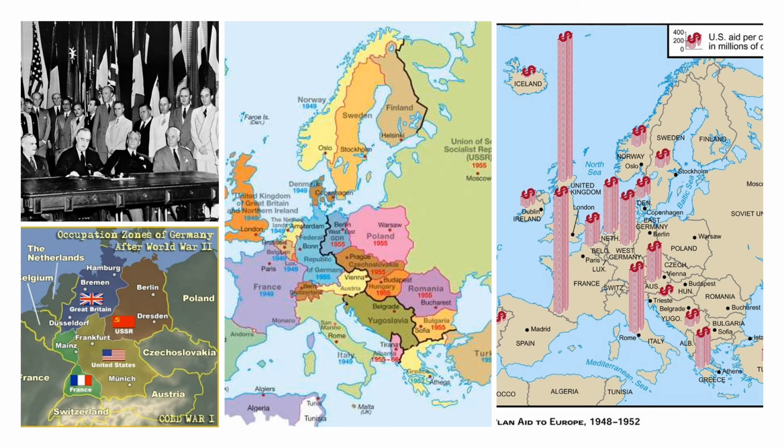All right, so here's just a map showing some of these things. In the middle map right there, you can see that black line is the Iron Curtain. Notice how Germany is split in half. The Soviet Union is actually able to conquer Berlin before we're able to get there. So the Allies,